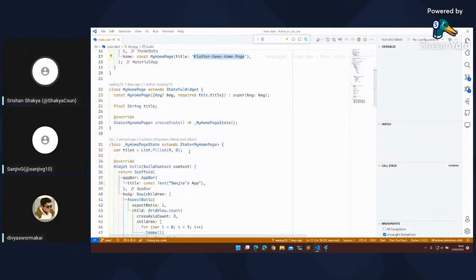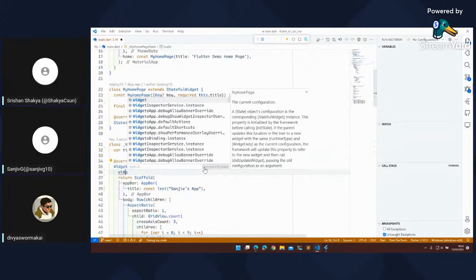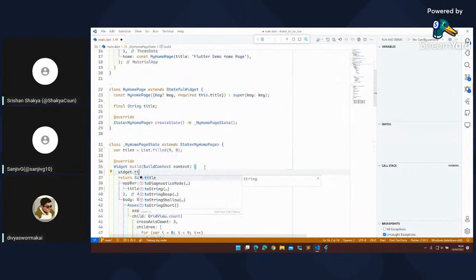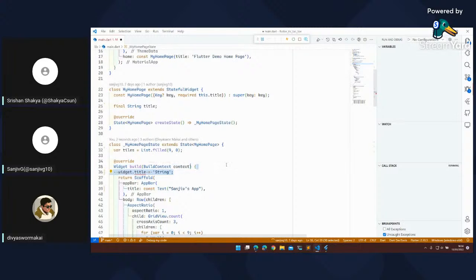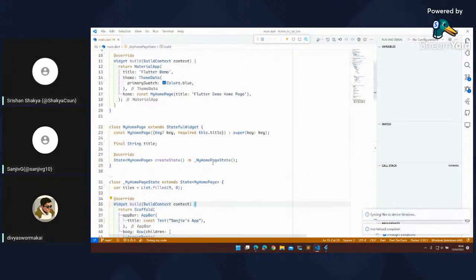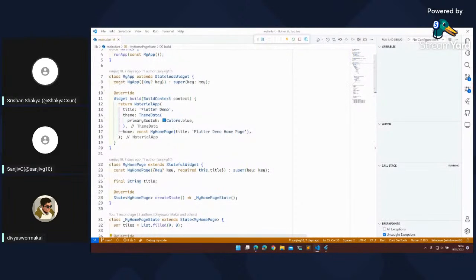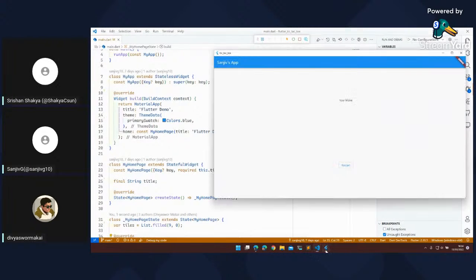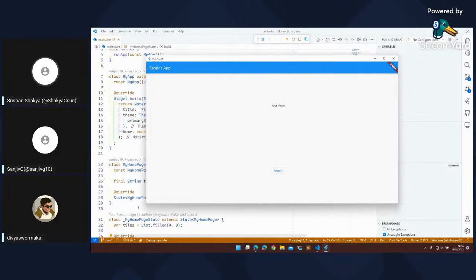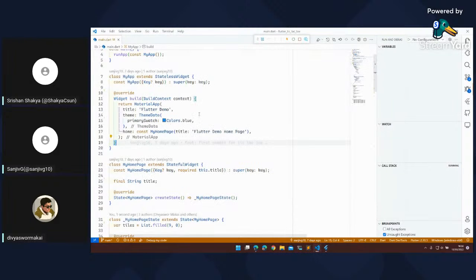But now, if we try and do widget dot title equals some other string, then it won't work because it doesn't have a setter and it is already final. And another one is a const declaration, which just says the variable is constant and will never change, and you cannot assign it some other way.